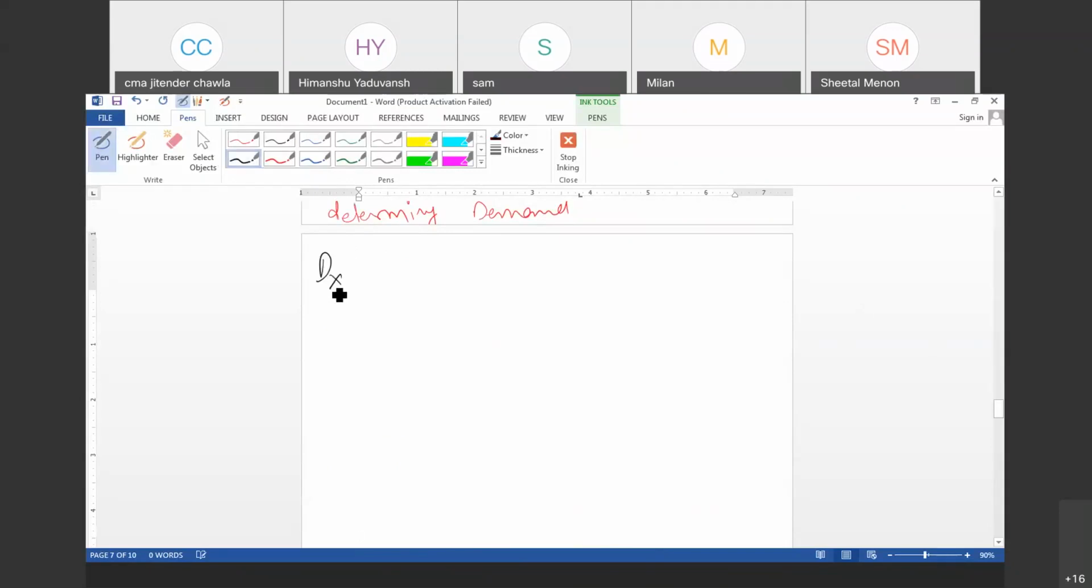Dx is equal to f of Px, Py, E, T and P, I, M. This is the demand function. Now Px is, just consider,